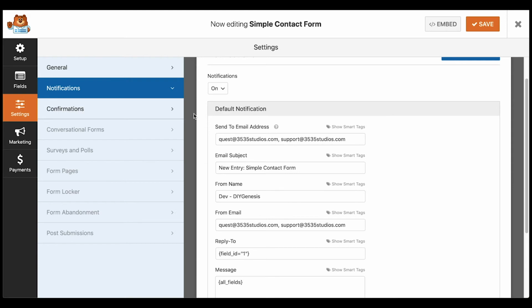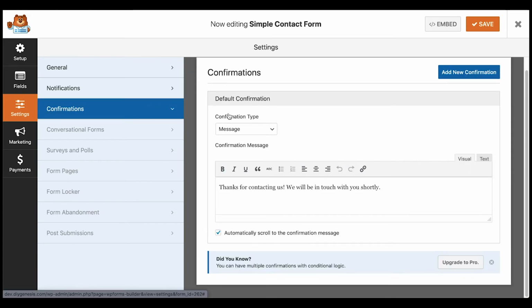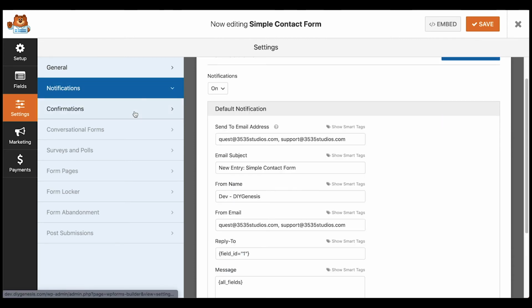One other thing I wanted to talk about before we're done is confirmation. The confirmation is what the customer is going to receive back once they fill out your form and hit the submit button. They're going to receive back in their email address this message that says, thanks for contacting us, we'll be in touch with you shortly. You can go in and change this messaging to say whatever you want. You can add links in here if you want to, and you can do a whole host of other things. But in this tutorial, I just wanted to talk to you about how you would simply set up where your actual email addresses are that you want to capture